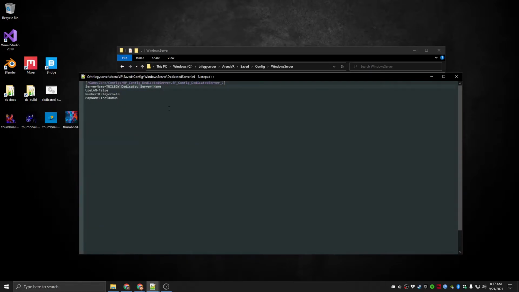We'll just give the server a name. We're not using LAN, we'll keep that false. We'll leave it at 10 players, and then you'll have something else here. Like at first you'll have Desert Kingdom. But in my case, I want to use the map off the mod, so I'm going to use